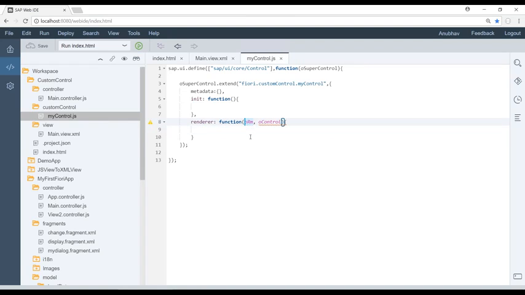Now what I'll do is say renderer dot write, and I'm going to tell the browser, when somebody uses this control, just write a heading, an h1 tag. You write it for us, and I say welcome to custom